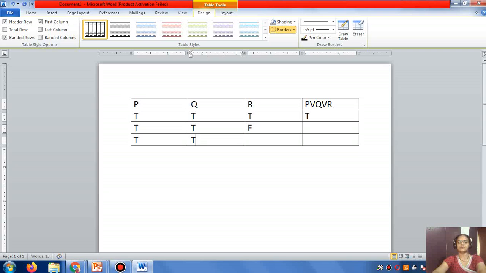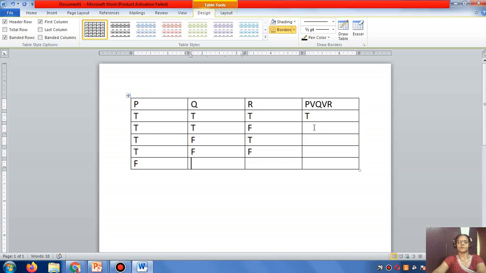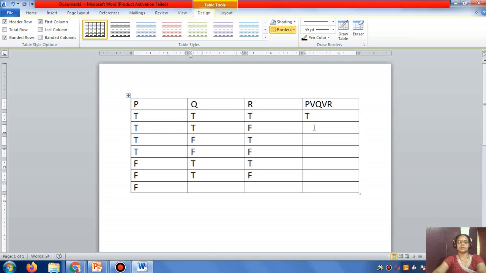True, false, true, false, false, true, false. How do you write the table?